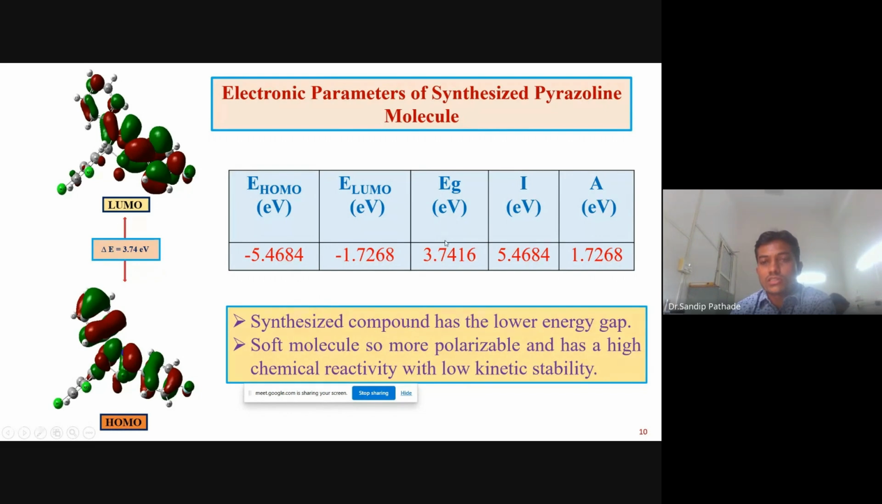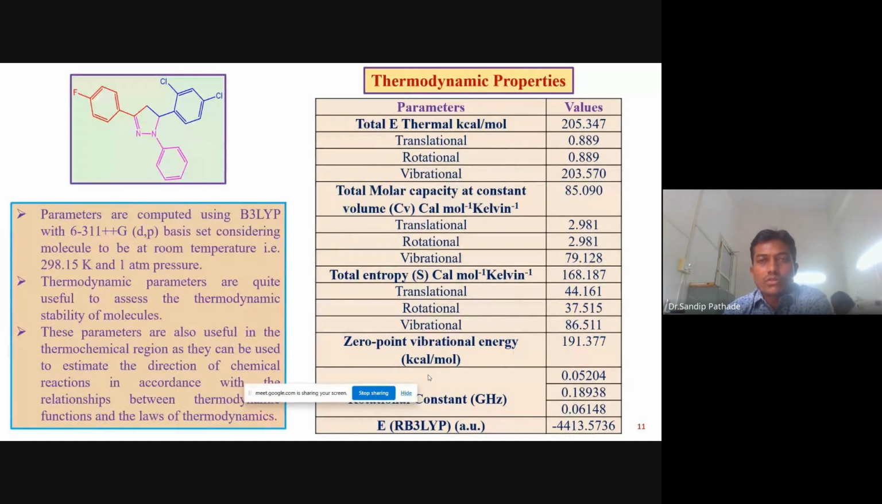This is the energy gap of our synthesized molecule, that is 3.74 electron volts. Therefore, that shows our compound has a lower energy gap. Therefore, our compound is a soft molecule, so it is more polarizable and has high chemical reactivity with low kinetic stability. Then we also investigate the various thermodynamic properties like the total thermal energy, total molar capacity